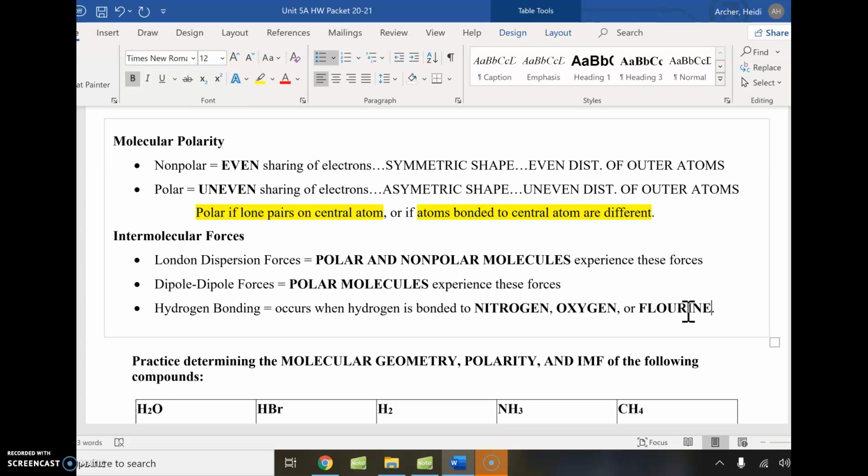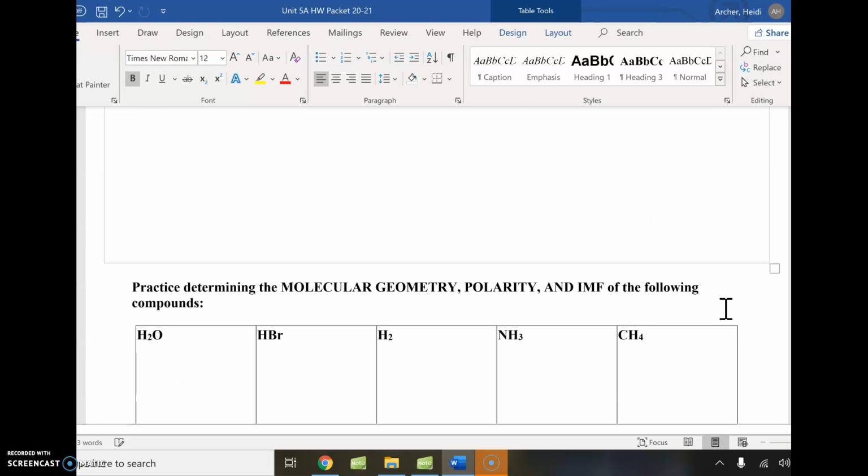So when we have hydrogen that is bonded to one of these three, it is an extra strong force that's experienced because of the differences in electronegativity between them. So you have this extra strong force between them. So the last thing that I will say about hydrogen bonding,